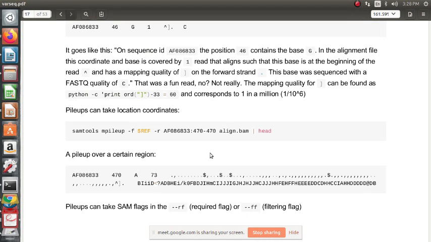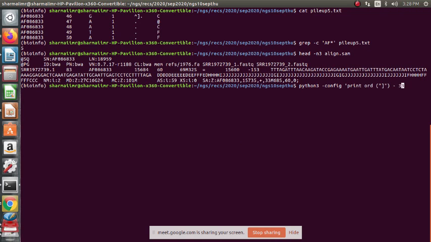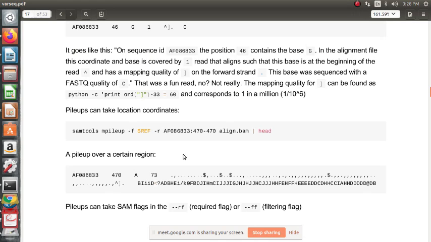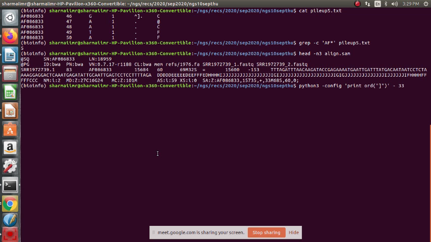And print should be closed in parentheses, that must be missing here. So basically we just require ord of this. Okay, let's check it.